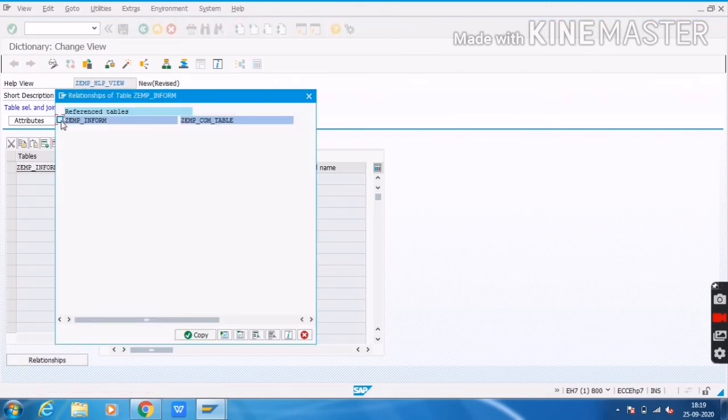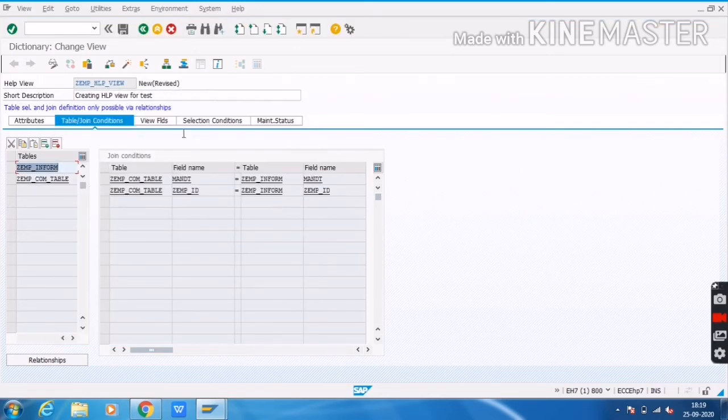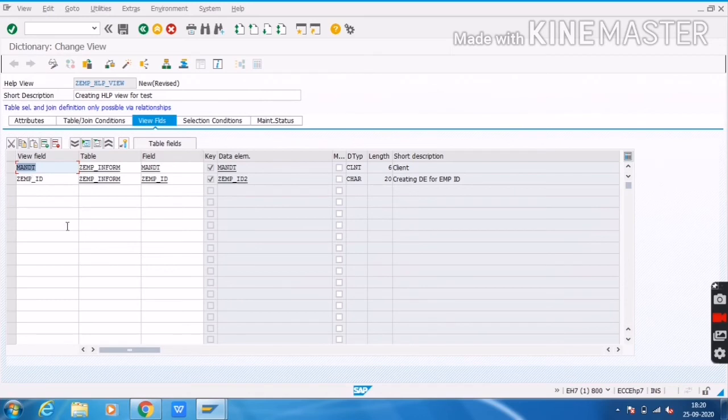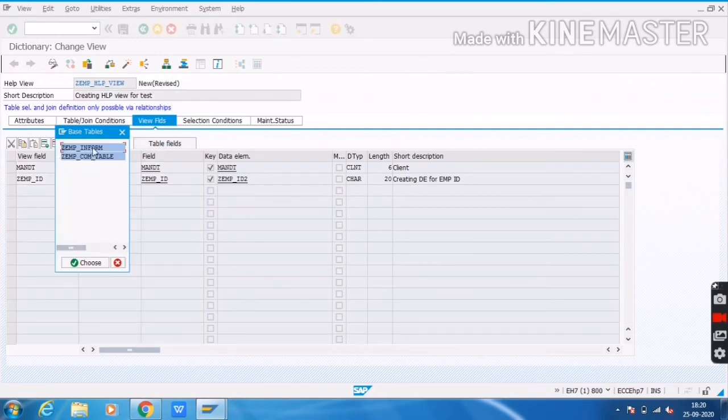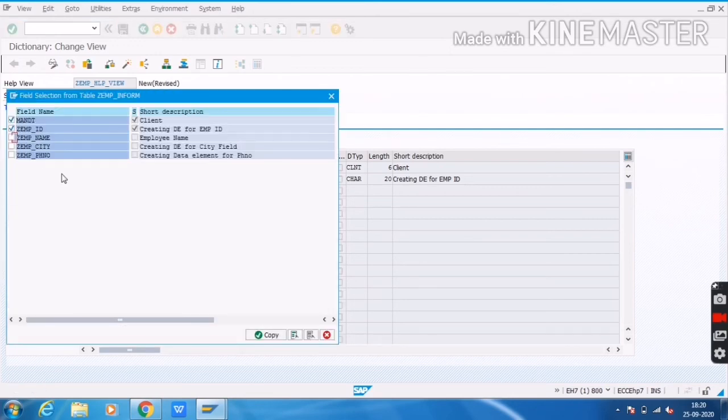Here we'll get the table. I will click on copy. Here we'll get the join conditions. See, these are the fields. If you want to show more fields, you select from these tables.